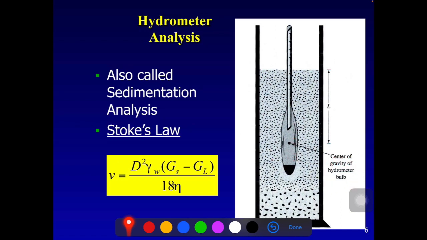This is the hydrometer bulb. The hydrometer test is also under sedimentation analysis. Why is it called sedimentation analysis? Because these soil particles are put in this cylinder jar, and you fill it with water. So what happens? Based on Stokes' law, this is the velocity of the